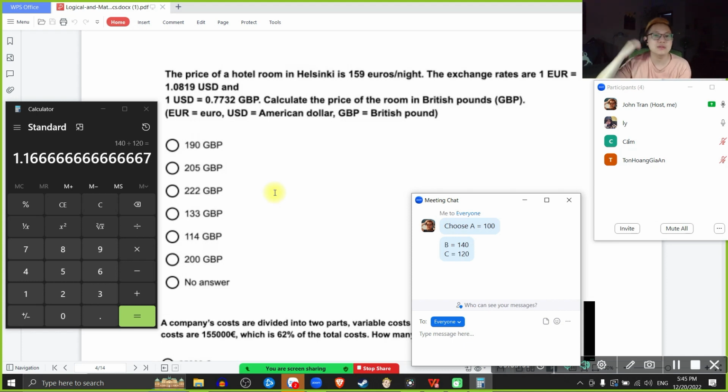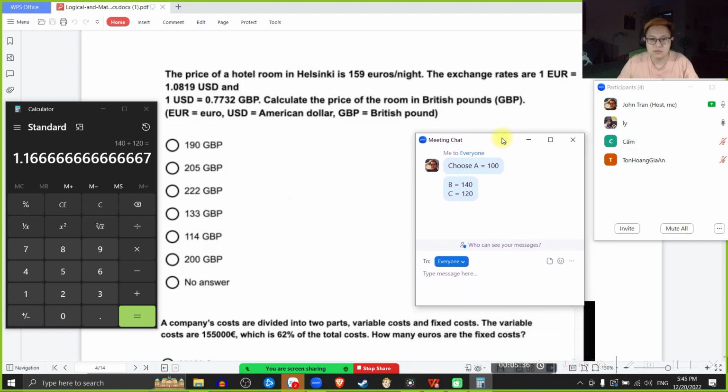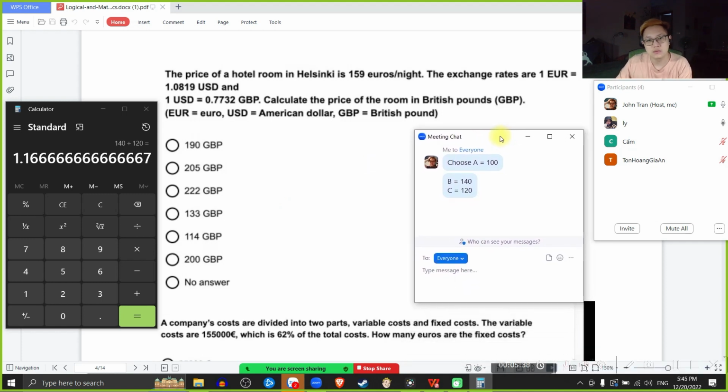Miss Lee, please, can you read this one? The price of a hotel room in Helsinki is 159 euros per night. The exchange rates are €1